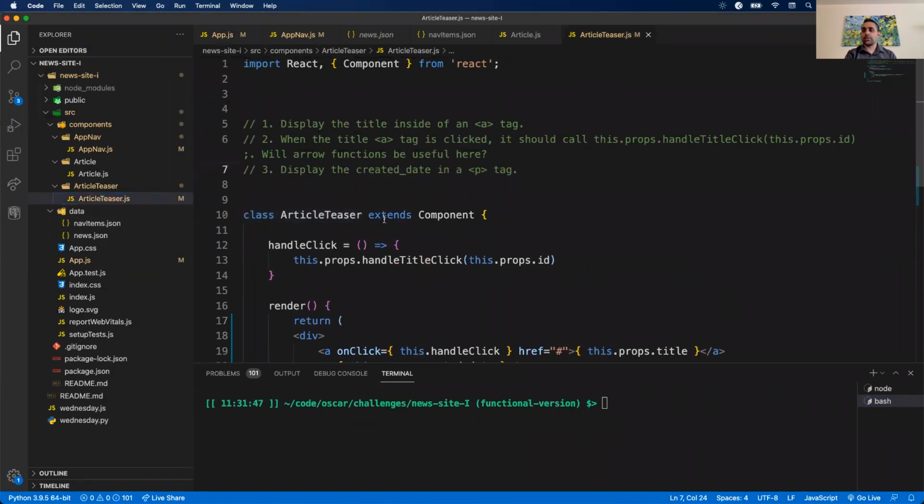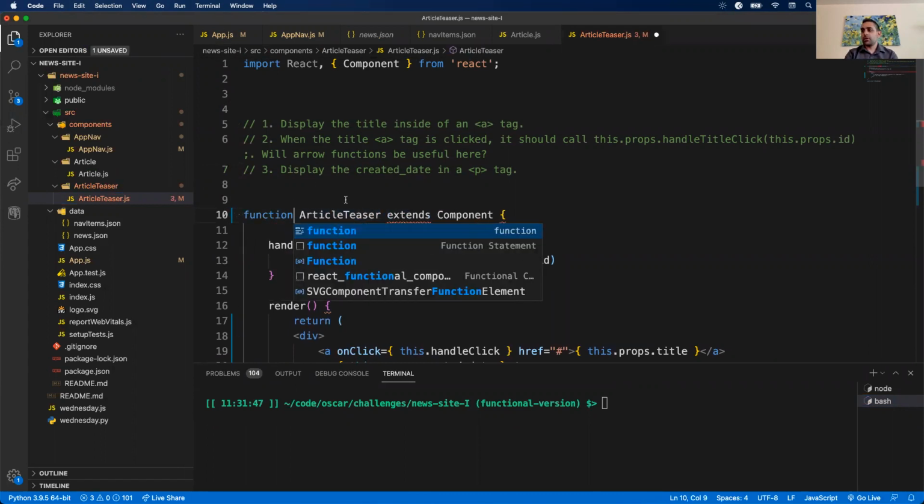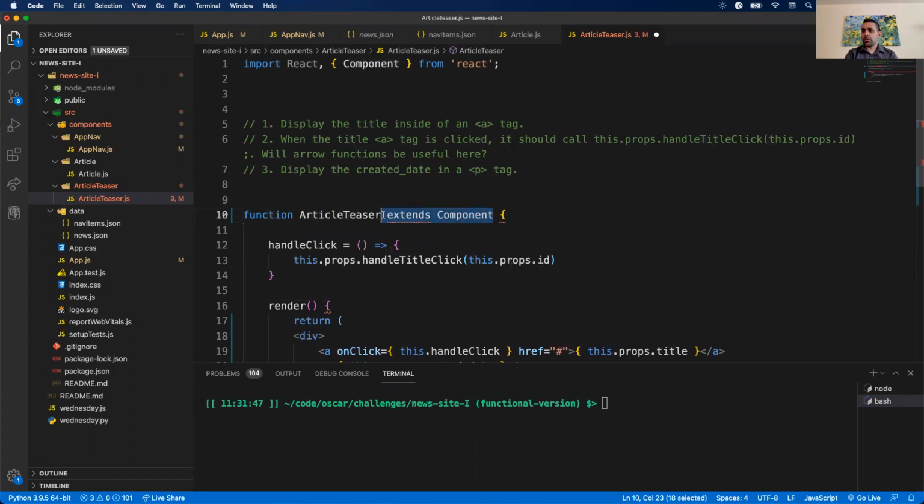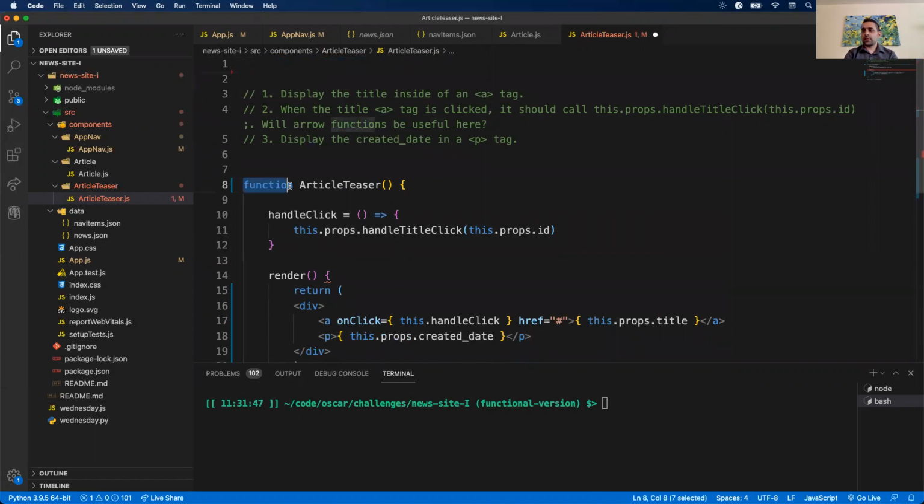I want to take this class-based component and convert it to a function. First thing I do is get rid of the class, convert it to a function. Next thing, I don't need to extend component, so that's only for a class. So this is now a function. Get rid of component from here. Let's get rid of this for now. All right, so I got rid of the class declaration, converted to a function, added parentheses because this is a